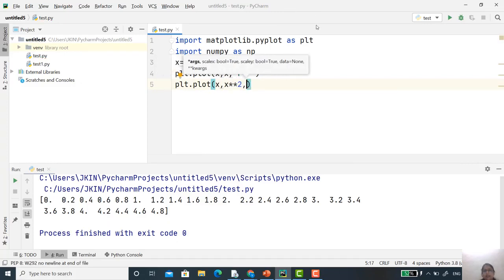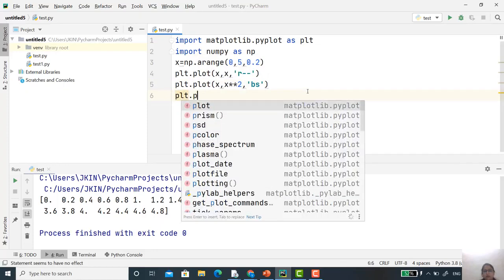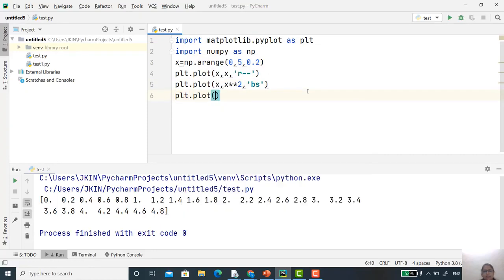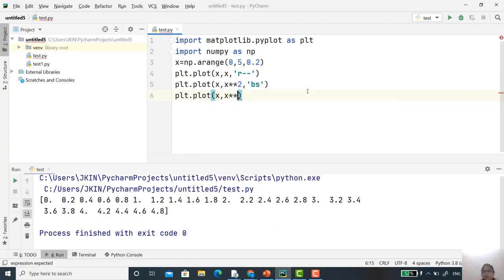And here what I require is blue square. Then the last command, plt.plot. X is as it is. Here what I require is x cube. And I want a green triangle.